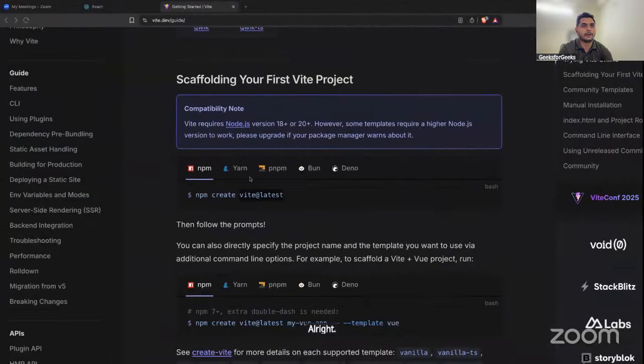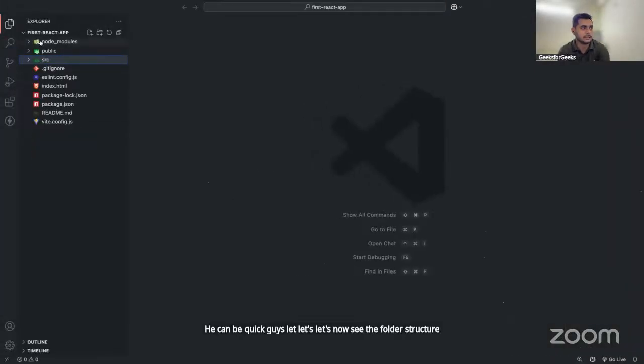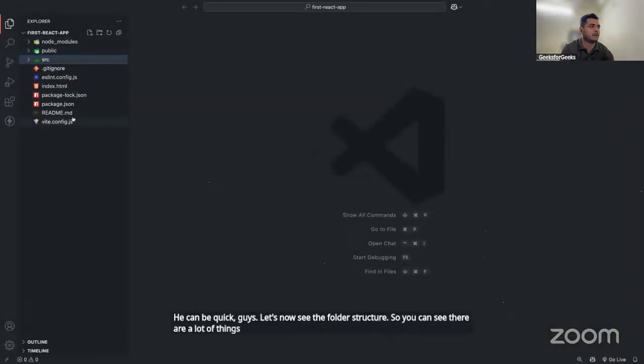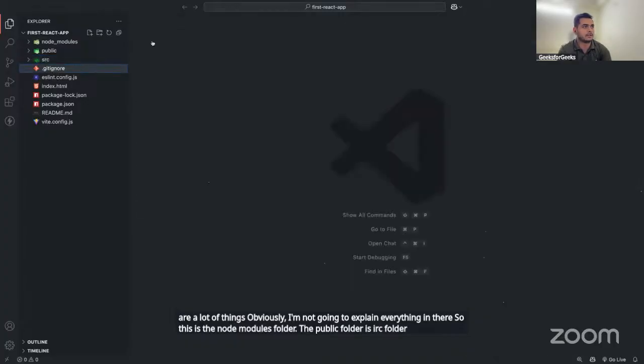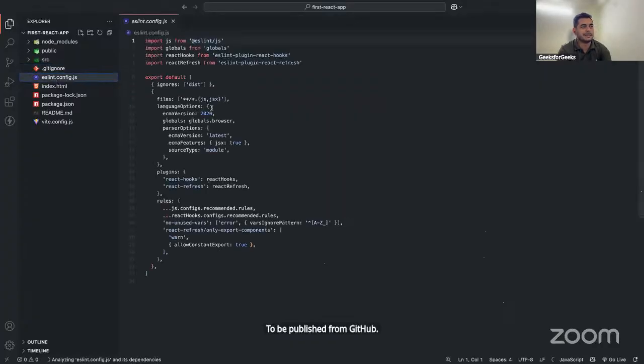Okay, be quick, guys. Let's now see the folder structure. So you can see there are a lot of things, right? Obviously, I'm not going to explain everything in there. So this is the node modules folder, the public folder, the src folder, and .gitignore for ignoring the files to be published on GitHub. ESLint is for